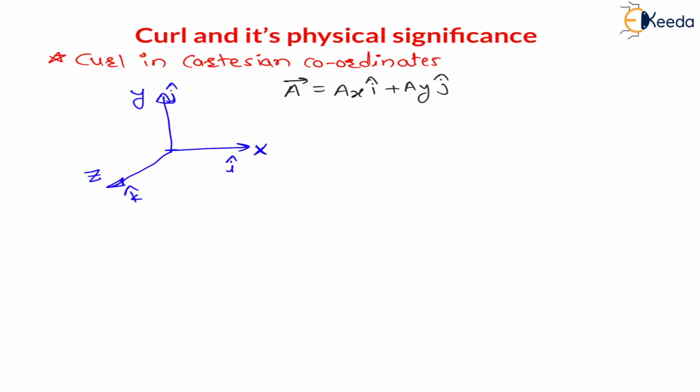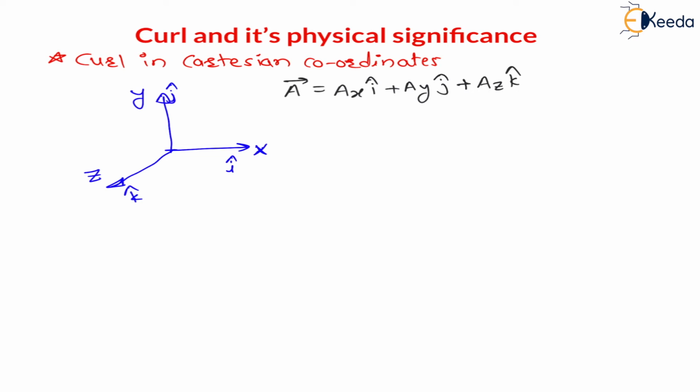Now my dear students, for Cartesian coordinates we have the x-axis. Along the x-axis the unit vector is i cap. Along the y-axis the unit vector is j cap, and there is a z-axis, and along the z-axis the unit vector is k cap. Already we know that. And let us say we have to find the curl. We have one vector field, vector A is equal to ax i cap plus ay j cap plus az k cap, right? This is the vector field, any vector field. It means this vector field is along all three directions: along the x-axis, the y-axis, and the z-axis.